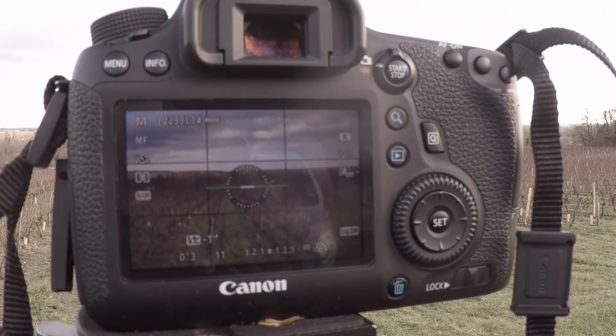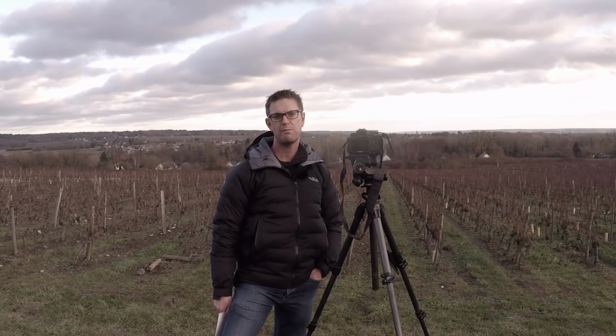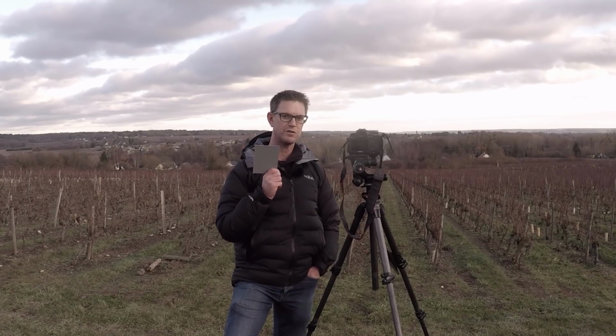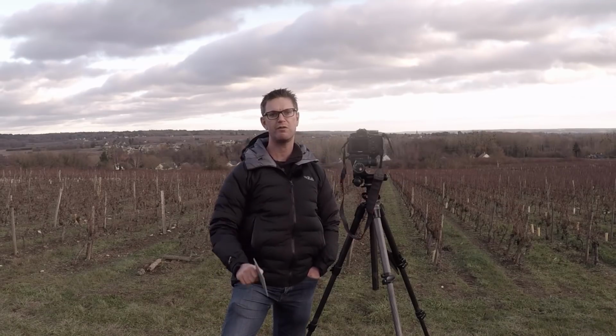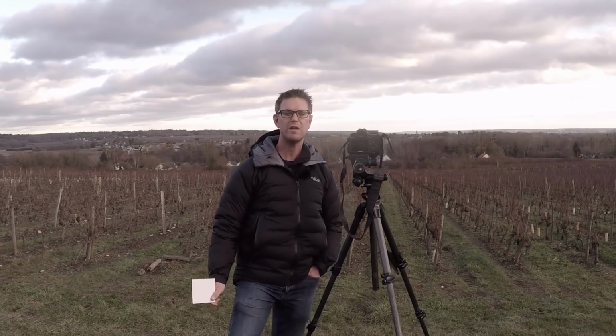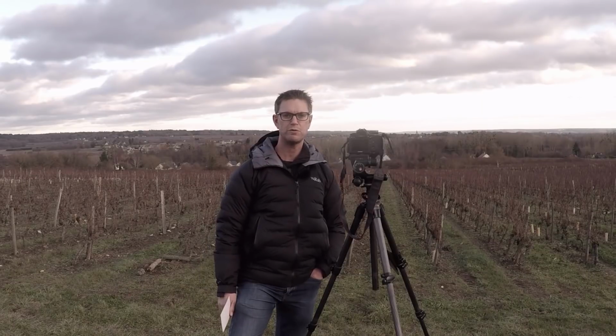What's the next method that you can use to get a white balance in your landscape images? Something else that we can do to get a good white balance in our cameras is to use a good old grey card. Now this isn't the perfect solution to getting a good white balance in camera because we're just working from the grey itself. There's other things that we really should be taking into consideration, but it's at least a good starter for 10